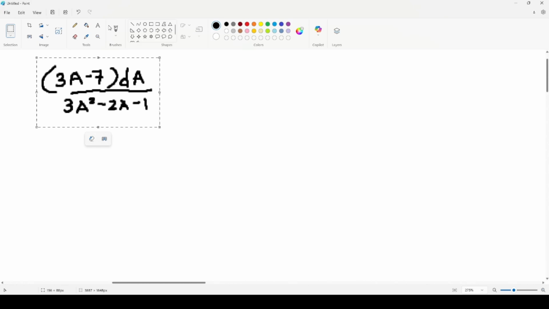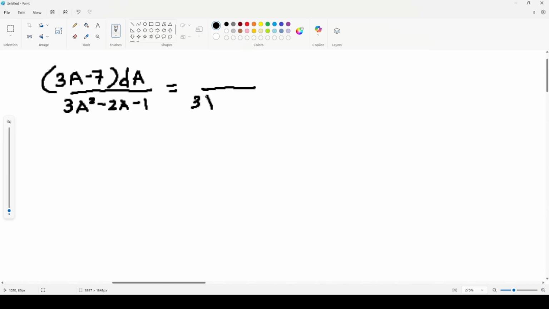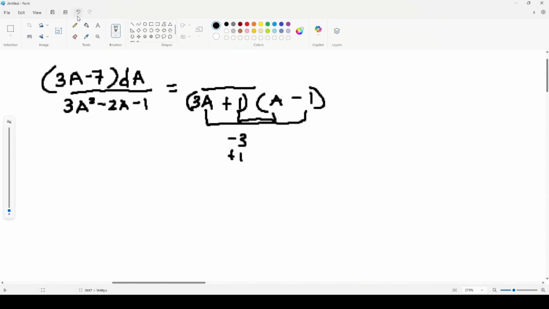Okay. So the fraction for this one, let's separate the denominator first, which is 3a squared minus 2a minus 1. So that's positive 3, right? 3a, then a, then negative 1 and positive 1. So when you multiply 3a, that's negative 3. Then when you multiply this one, this is positive 1, that will become negative 2. Reverse FOIL method, factoring method.